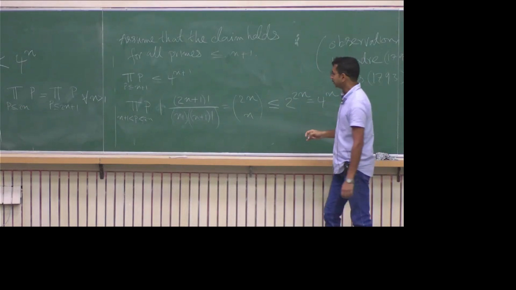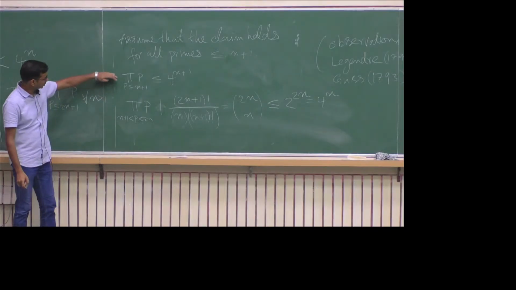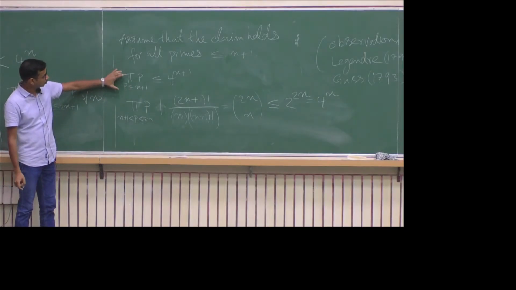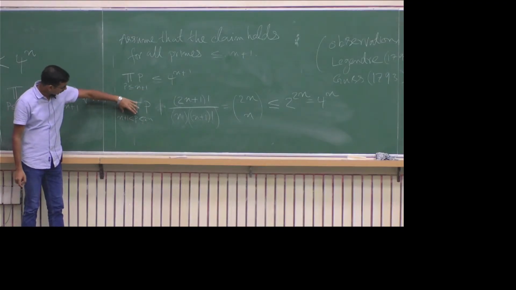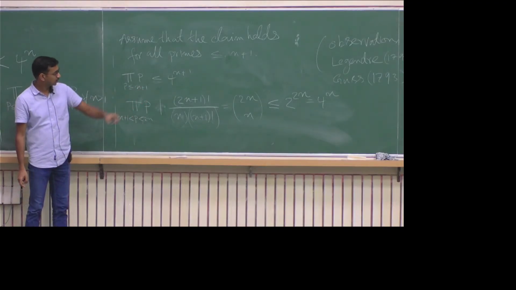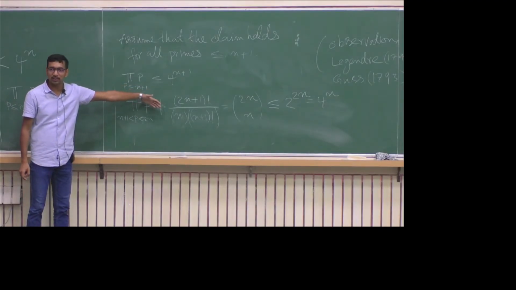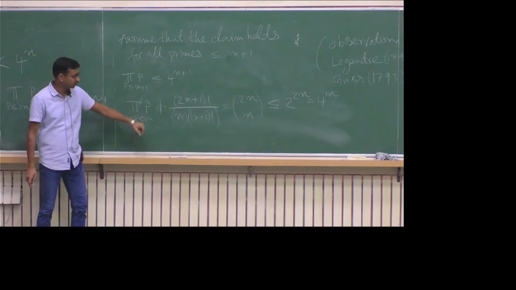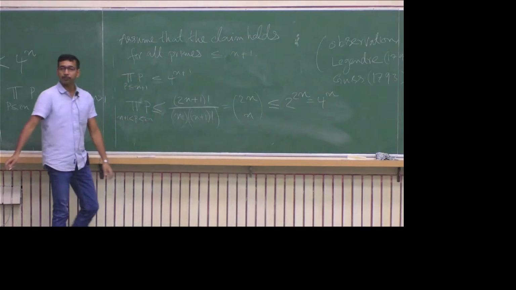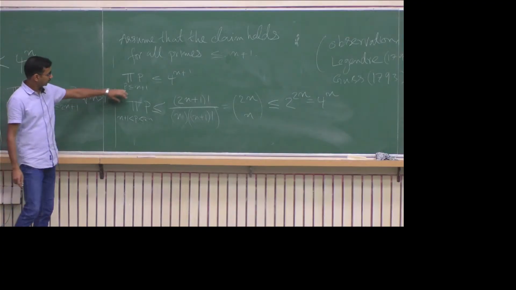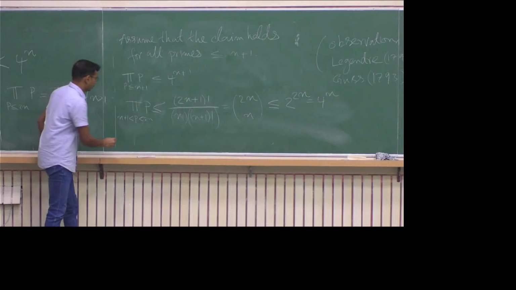Okay? So that means now if you plug these two together, up to n plus 1 this product is less than 4 to the power n plus 1. And between n plus 1 and 2n, this divides, so this means that this is less than or equal to this, right? So you can replace divides by less than or equal to. And then if you take the product of these two things, you get